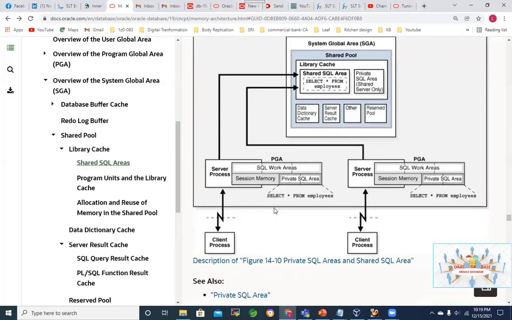If it is a dedicated server process, it is going to handle the PGA separately, so the private SQL area for the user will be within the PGA. But if it is a shared server configuration, then the private SQL area will be in the shared pool or in the large pool that we have explained earlier.